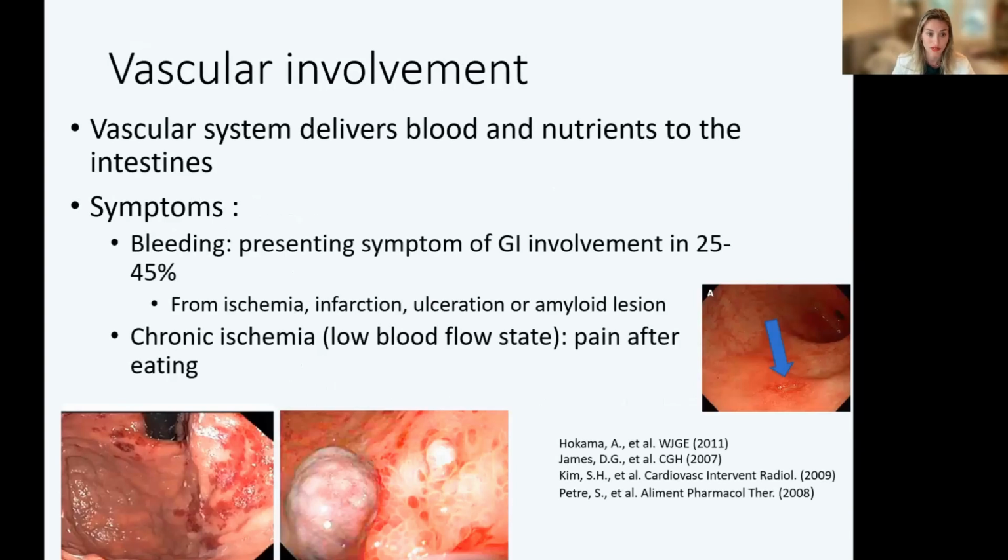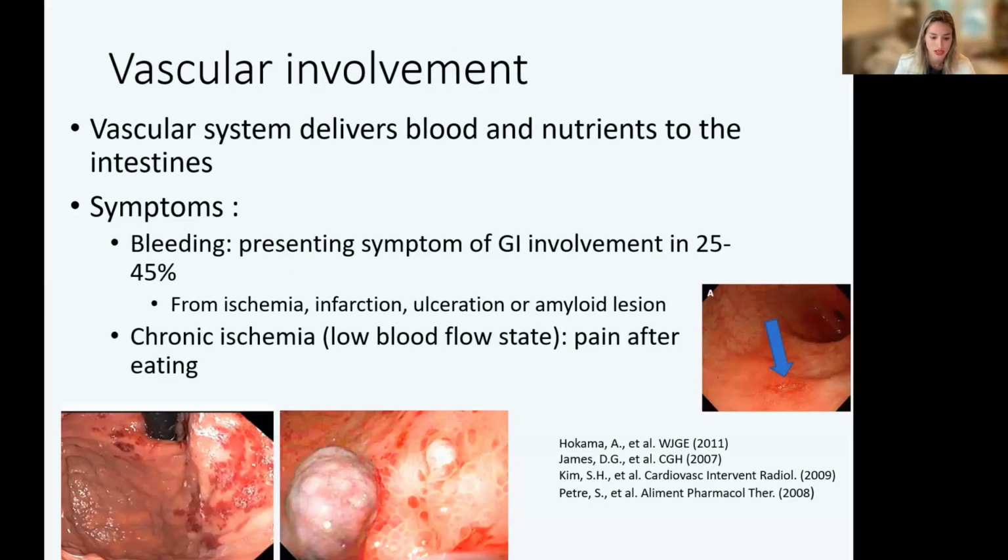Vascular involvement of amyloidosis is one of the most common presenting symptoms, and this is certainly something that often prompts endoscopic assessment and therefore may be prompting the GI diagnosis here. Vascular involvement may occur in up to about half of patients with GI amyloid, and the underlying cause is commonly